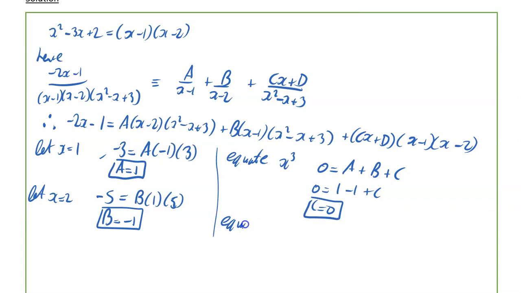We'll also equate your x squareds. On my left-hand side I have no x squareds. On my right-hand side, now this is where it is a wee bit trickier. You're going to have a x times the minus x is minus x, and minus 2 times the x squared is minus 2. So what do we have there? Sorry, minus x minus, so you're going to have minus,